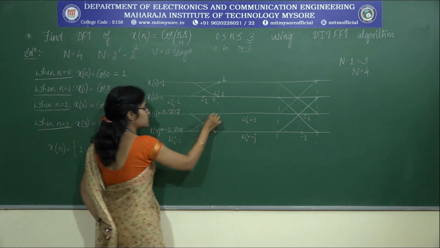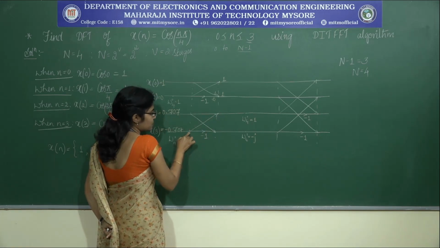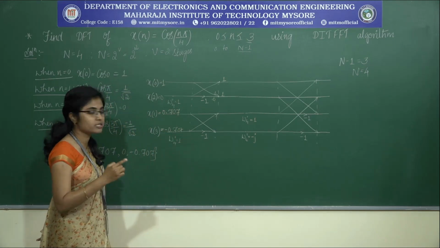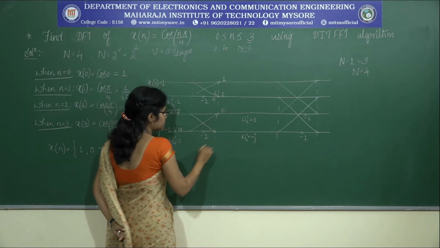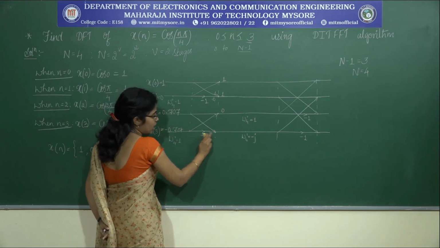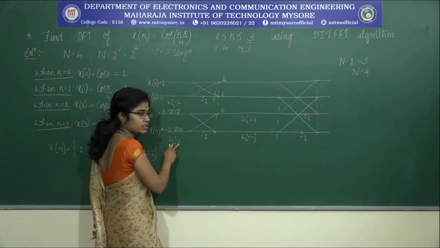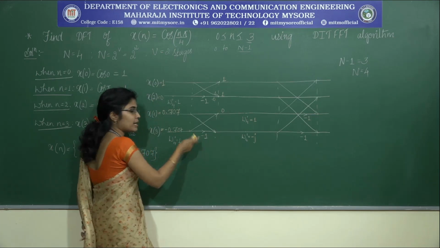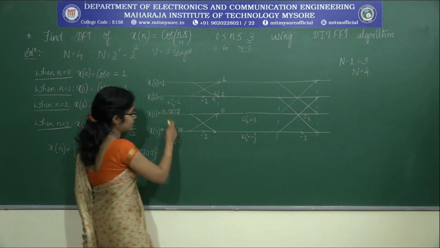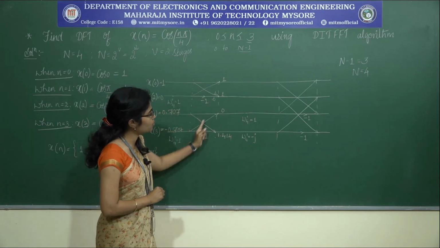Okay. So, coming to this particular point, the data coming from this point is 0.707 at this branch. At this branch also it is minus 0.707. So, 0.707 minus 0.707 gives us 0. At this particular point, at this branch we are getting 0.707. From this branch we are getting, so it is already minus 0.707. It is multiplied with 1 gives us the same value. That multiplied with minus 1 gives us plus 0.707. So, adding these two gives us 1.414. Okay. So, this is nothing but the output of the first stage.